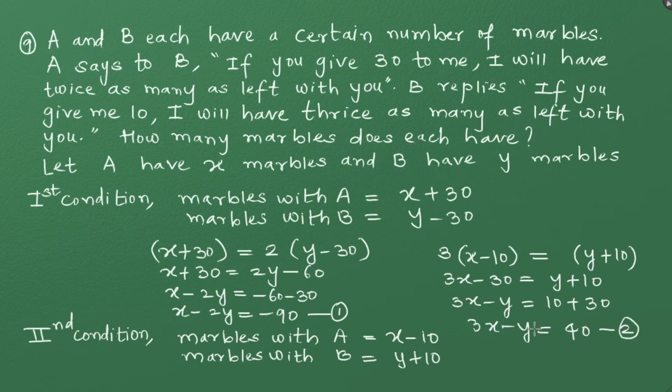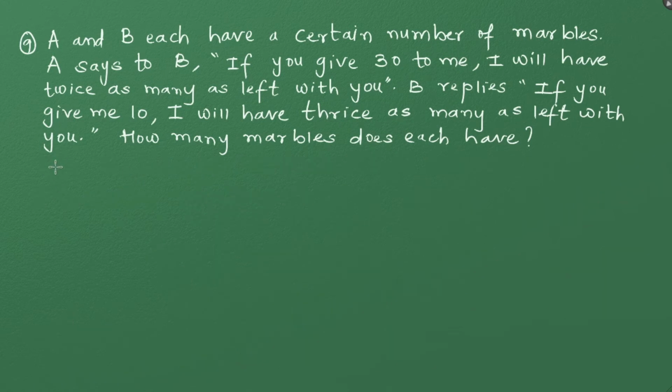Now solve equations 1 and 2 simultaneously to get the values of x and y, which will be the number of marbles with A and B respectively. The first equation obtained is x minus 2y equals minus 90. And the second equation is 3x minus y equals 40. So what we can do is,